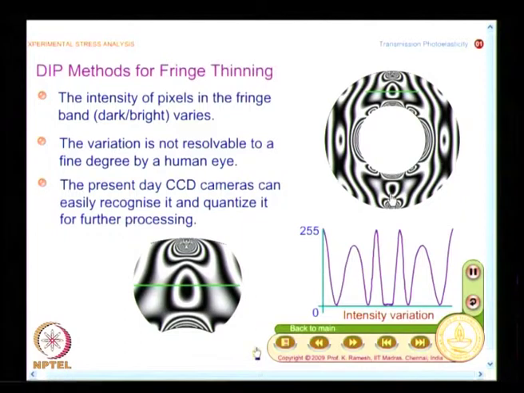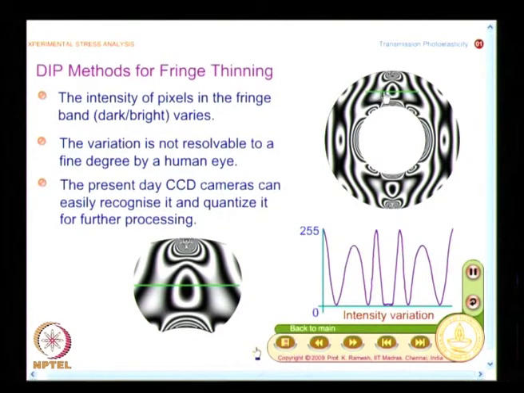I had already mentioned the fringe features are very complex in the case of a ring under diametric compression, and if you know how to order the fringes, then you fairly understand how to go about a generic problem. So, what I have here is the load application point,